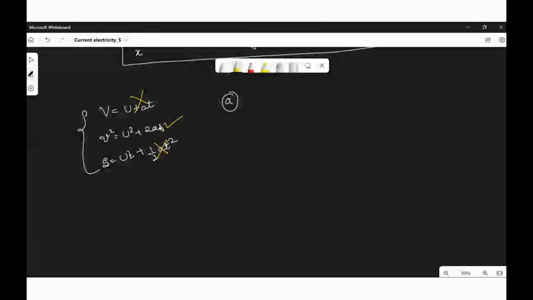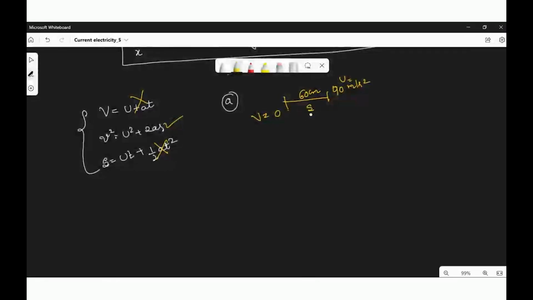In the distance given to you, the total distance traveled is 60 centimeter, correct? That is what is given. Initially it has a velocity of how much? Can you tell me? 90 meters per second. It is entering the wooden block with 90 meter per second. It travels 60 centimeter and its speed becomes 0. So v is 0, u is 90 meter per second, and s is 60 centimeter.